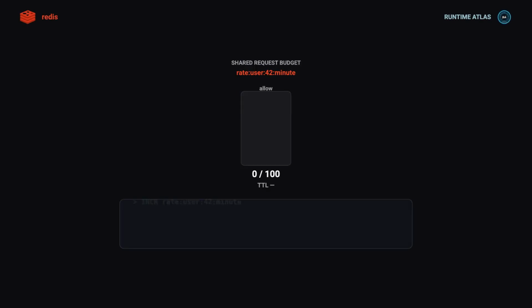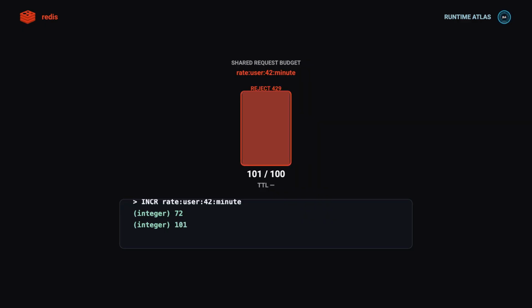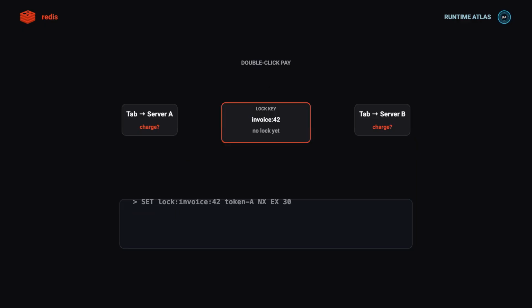Picture a billing API on a bad afternoon. A bot slams login from every app server at once. The counter in Redis climbs until the budget is gone. At the same time, a customer double-clicks Pay, and two servers both try to charge invoice 42. Redis gives you two tools, a shared counter every node increments, and a short-lived lock so only one server runs